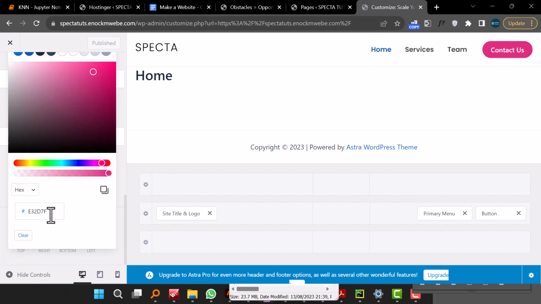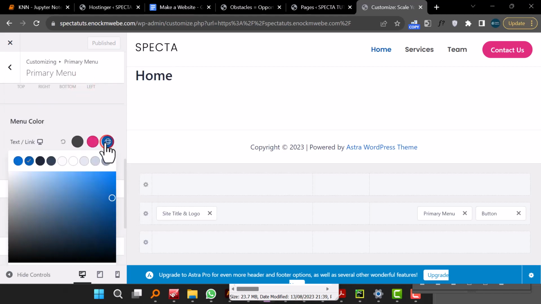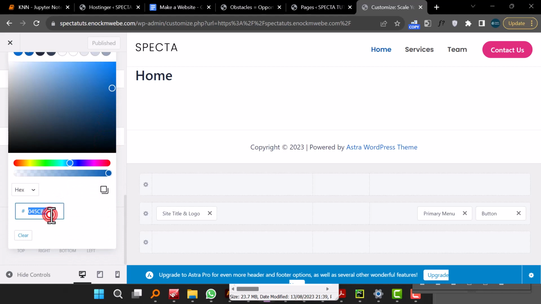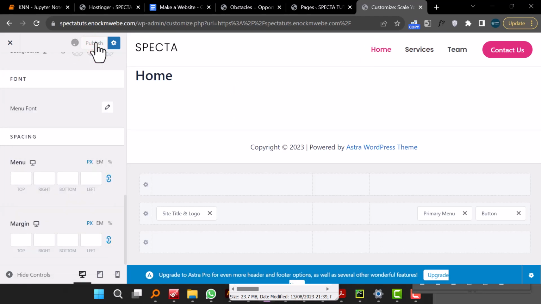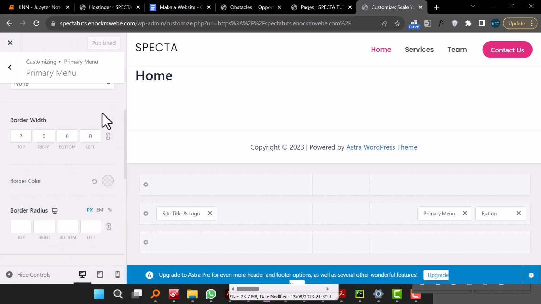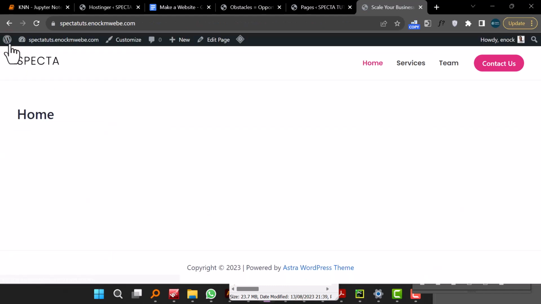So let's just copy this, copy, and let's just paste it right here. All right, so now the active whatever is pink, okay. So let's close this out, and it's fine, okay. So right now that's what we have so far, and the first thing we're going to